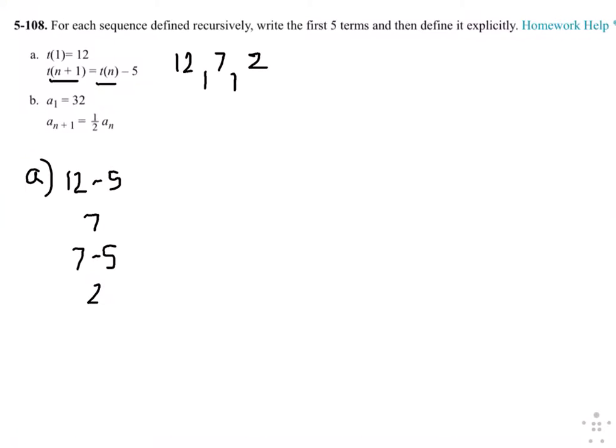And then 2 minus 5 is negative 3, right? And then negative 3 minus 5 is negative 8. Okay, so we can clearly see they're subtracting 5. So to write this as an explicit equation, we would say T